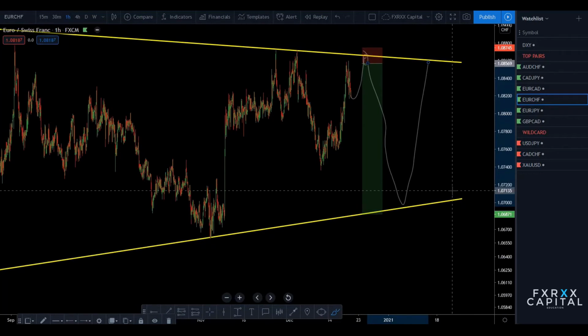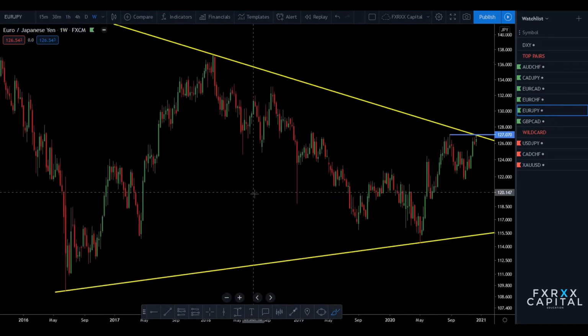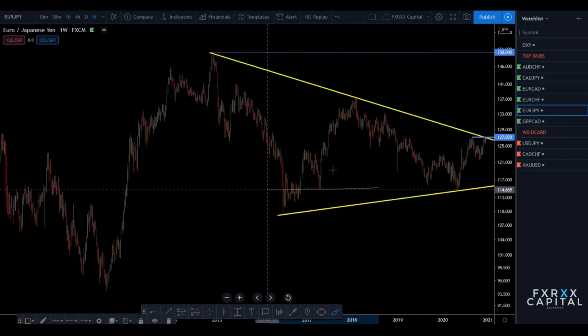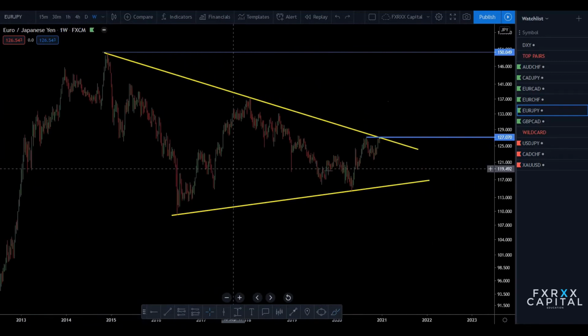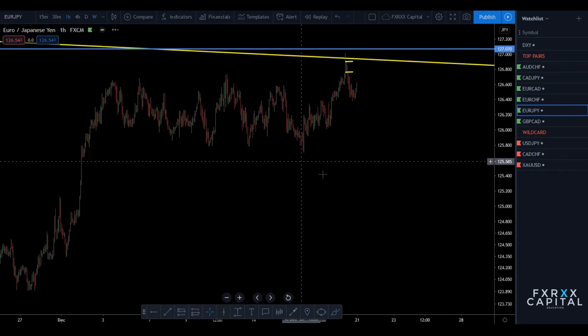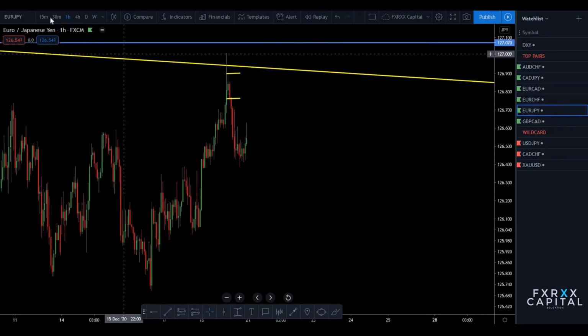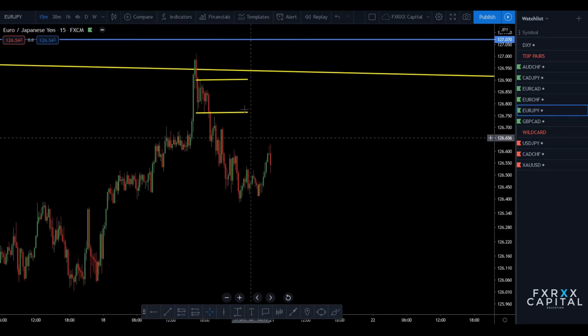Next we move to the second last of the top pairs, which is Euro JPY. Euro JPY is moving as our expectation. Price squeezed in a symmetrical triangle from this area. In 4 hour, price pulled back exactly in this area. This is the setup that I take from the 15 minutes flag.